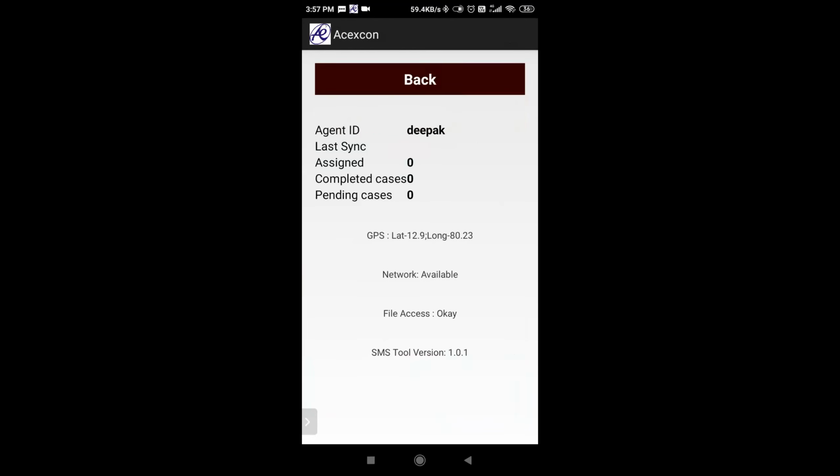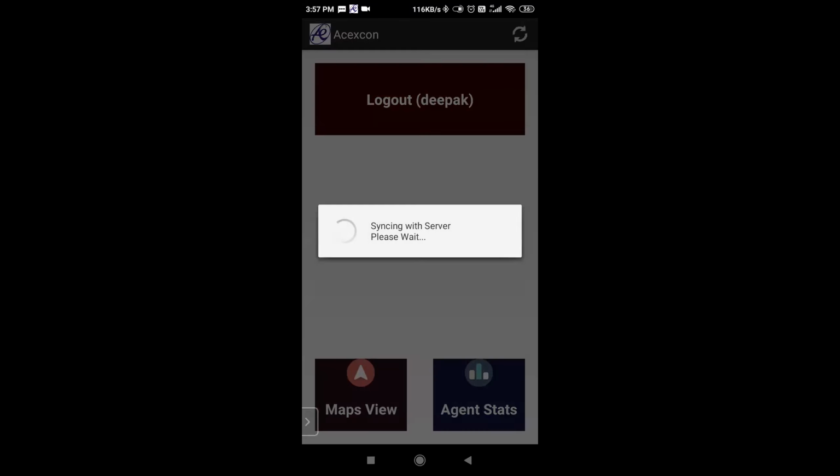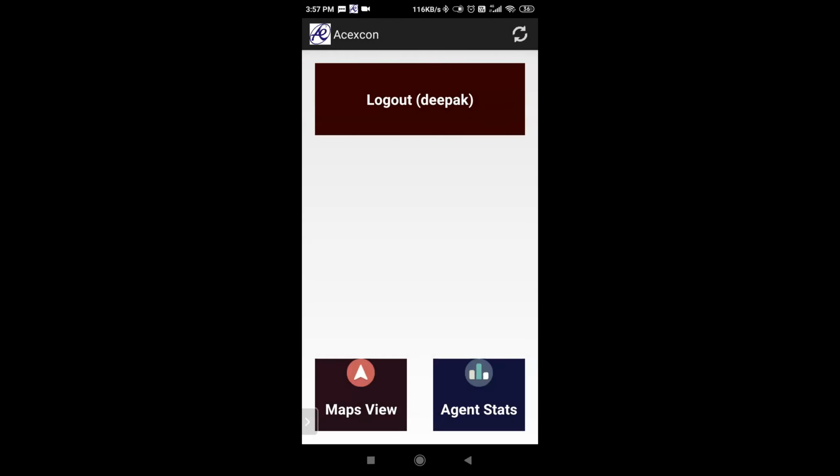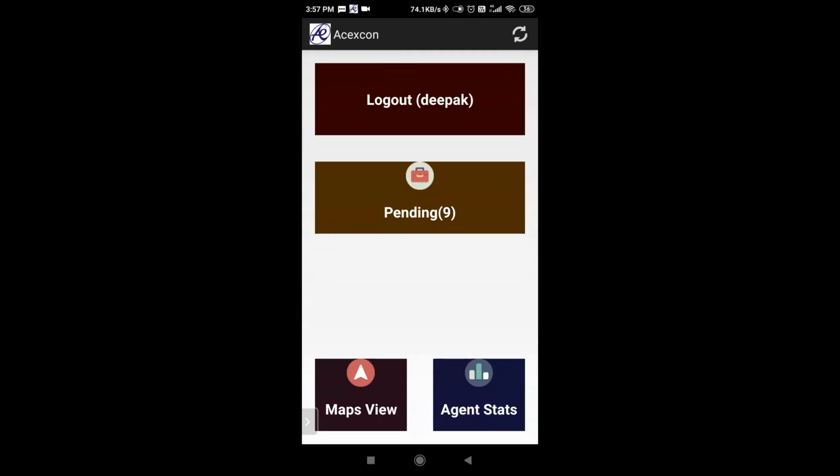In the dashboard, let's just wait for the cases to get in. So, he's gotten the cases in the app.